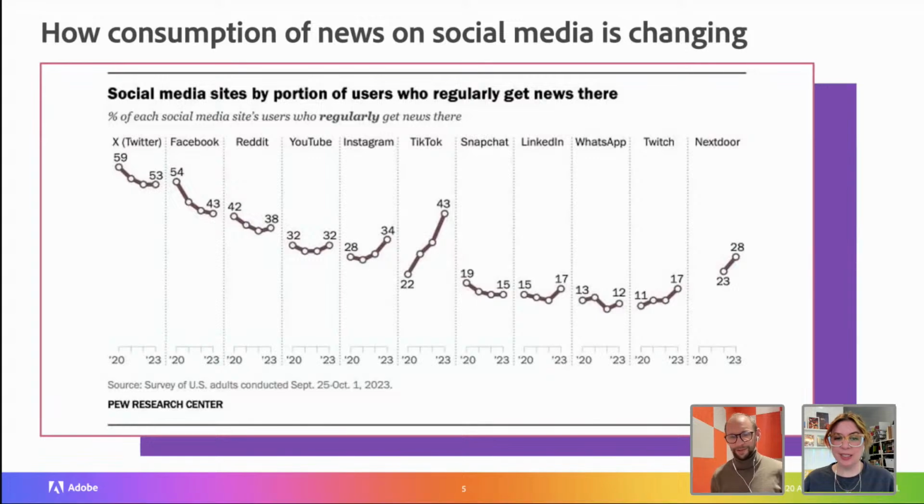Any takes on this, Jordan? No, every time I hear about news on social, I don't really do that. But then I was just thinking, a lot of my feeds are media, and that's where I get all my media news for sure. Like what movies people are actually watching, what shows are actually good. So I guess in my specific version of it, I totally do this. Yeah, and that's exactly it.